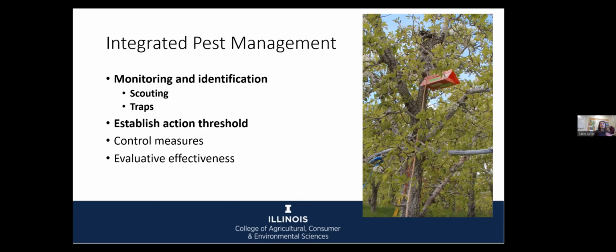And so, I'm going to talk about these things, the monitoring and identification. I want to note that generally speaking, the two ways that we do monitoring are through actual field scouting and then use of traps, at least in orchards. And I just want to note that for many pests, the action threshold is based on using a specific type of trap that I'll talk about here in a second. So often, if you're not using those traps, you won't really be able to establish the action threshold for a given pest in an IPM framework.